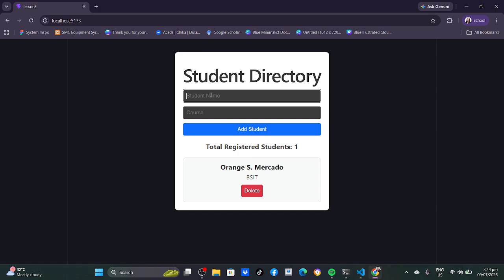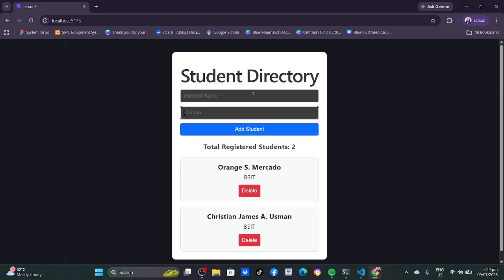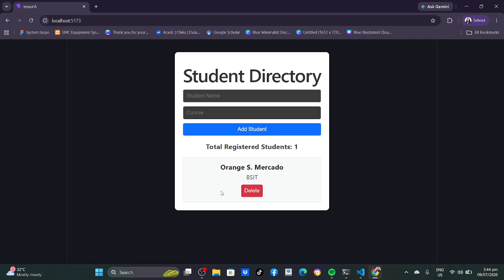Now let's add another student to show that multiple students can be displayed. So yeah, it displays. So I click the delete button and the selected student is removed while the counter decreases. So yeah, this is the student directory application. So thank you.